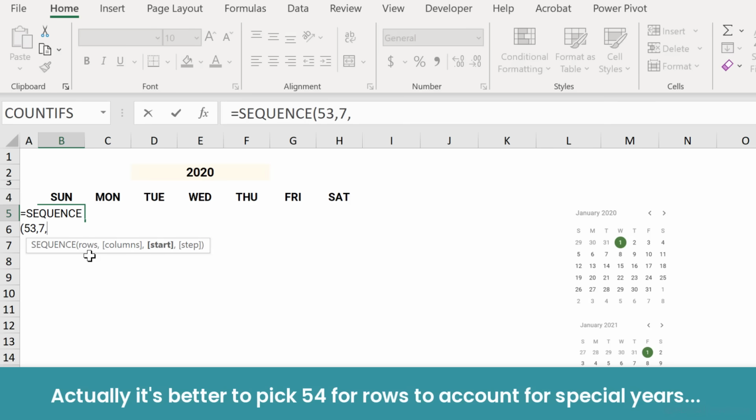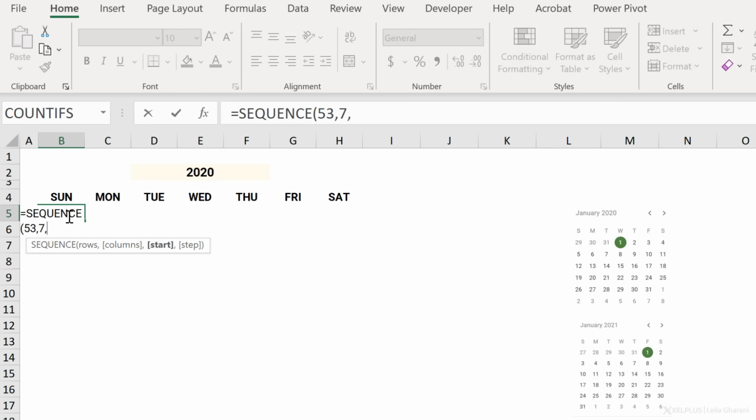The tricky part is the start, because the number that ends up below Sunday has to be a date that belongs to Sunday. Now, it doesn't have to be the first Sunday of the year, because take a look at our 2020 calendar. The first Sunday of the year is actually on the second row. The first Sunday on the calendar belongs to the previous year. It's the 29th. So to keep things simple for now, I'm just going to add a placeholder number. I'll just put a 1. We're going to figure this out in a second.